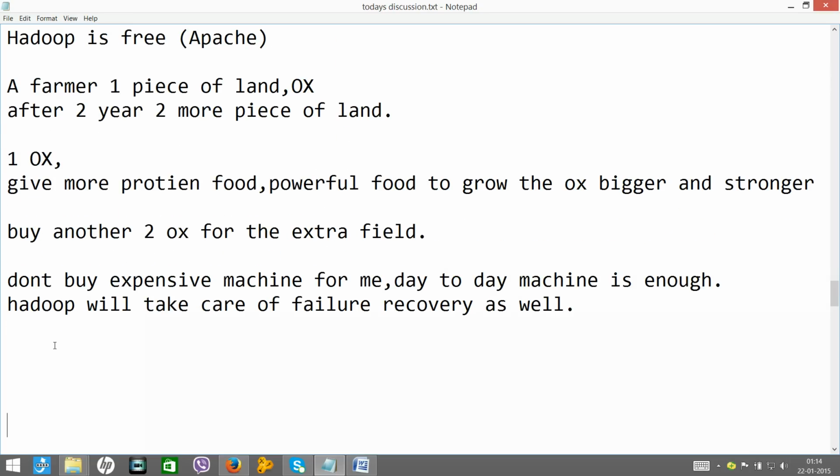Now let me talk something about scalability. If I talk about scalability, there are 2 types of scalability. One is horizontal, another one is vertical.